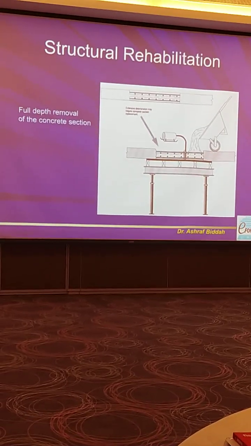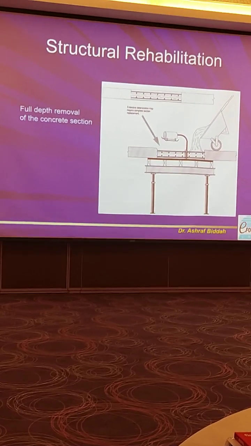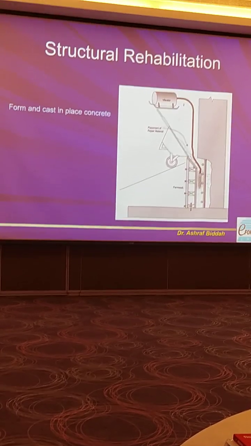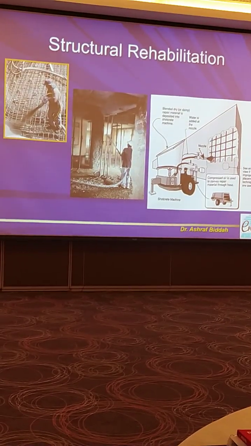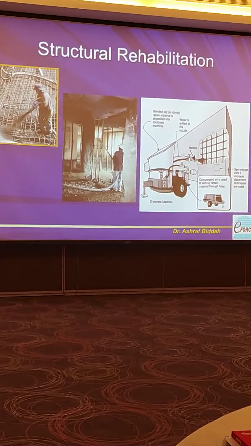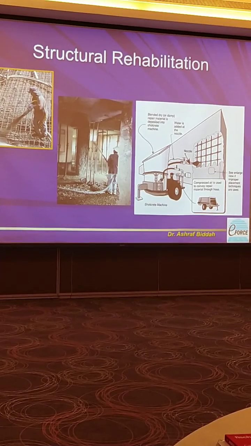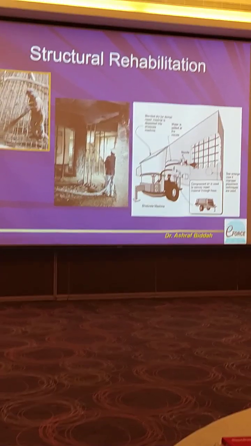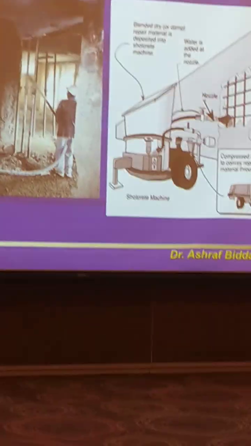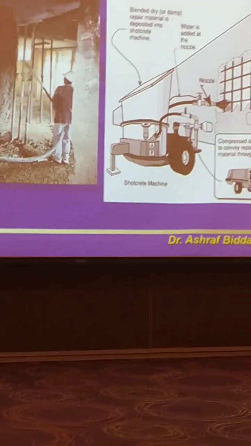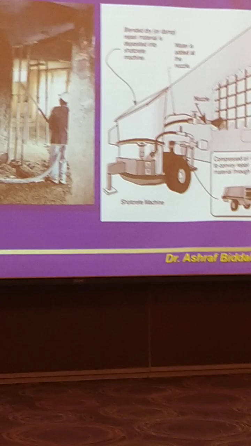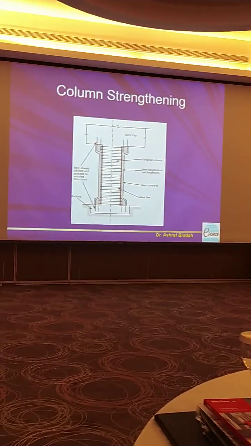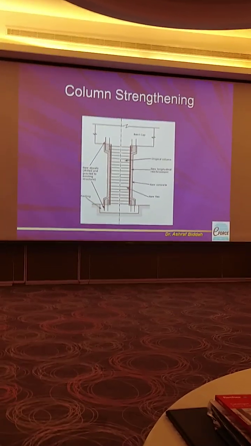Recasting, or increasing the thickness by casting concrete. This is the way of casting concrete. This is shotcrete. And this is the shotcrete, and there are two types of shotcrete. One is dry, and one is wet. This is enlargement of columns,